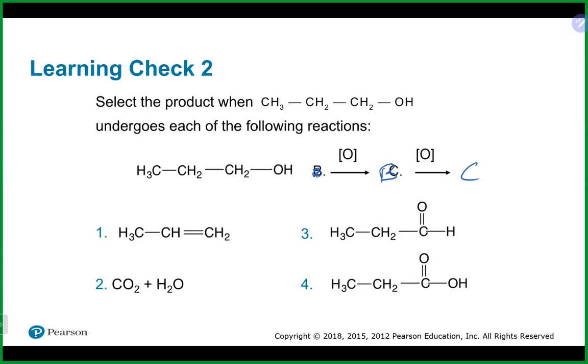Once again, if we look at this, we have the carbon that has the OH group, which makes it an alcohol, attached to one other carbon, which means it is a primary alcohol. That means the first oxidation should give us our aldehyde, and the second one should give us our carboxylic acid. It may be helpful to draw out some of these functional groups, so we'll do our H3C, CH2, C, OH,